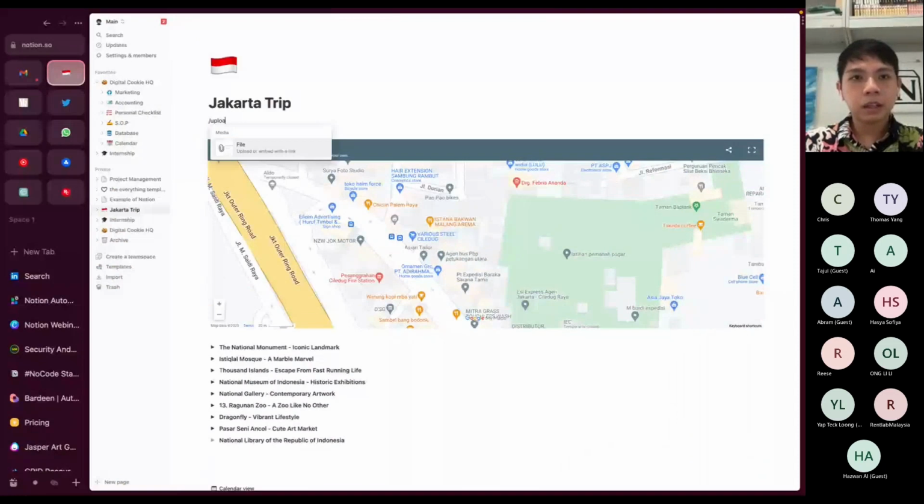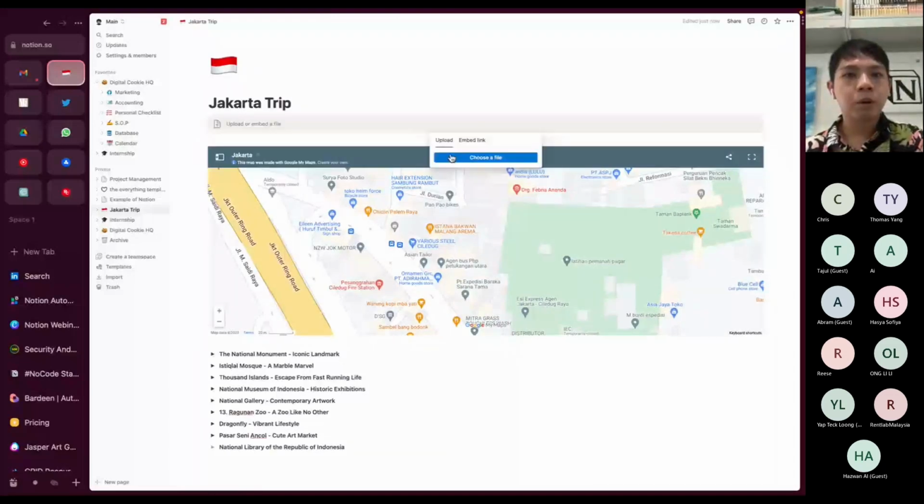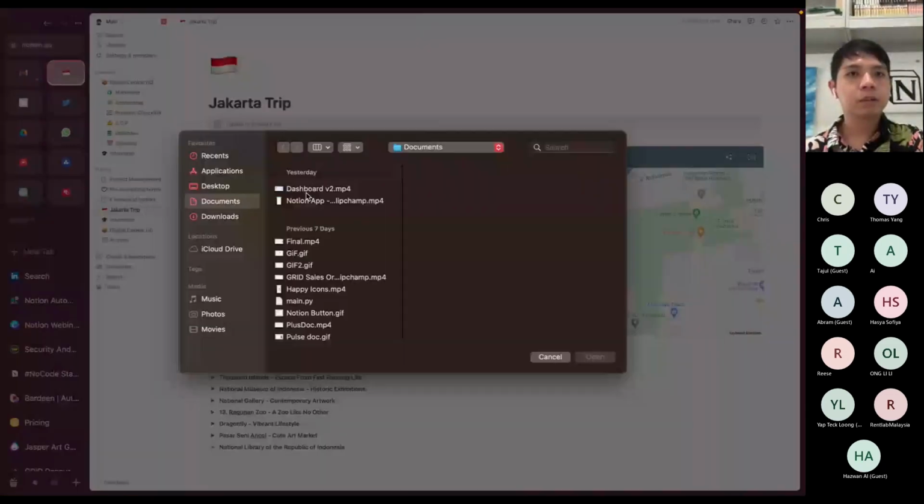So for example, here I can select upload, and then you can choose a file that you want to upload, and you can upload it. So the limit in this case is more on, let me just show you examples. So there are two limitations.